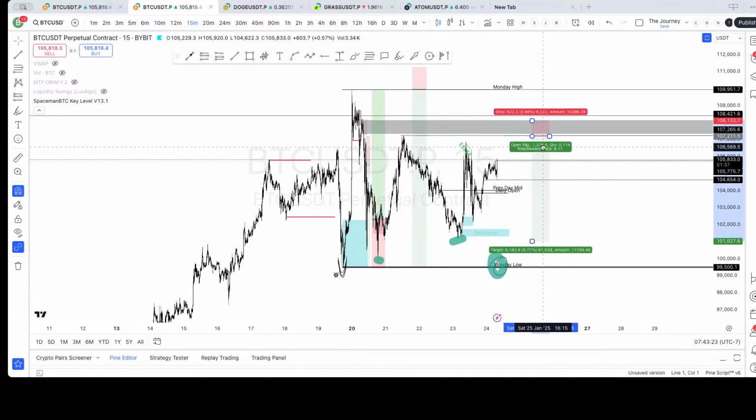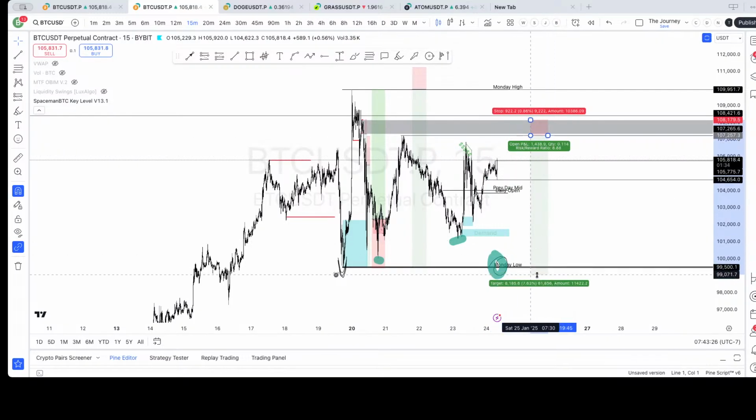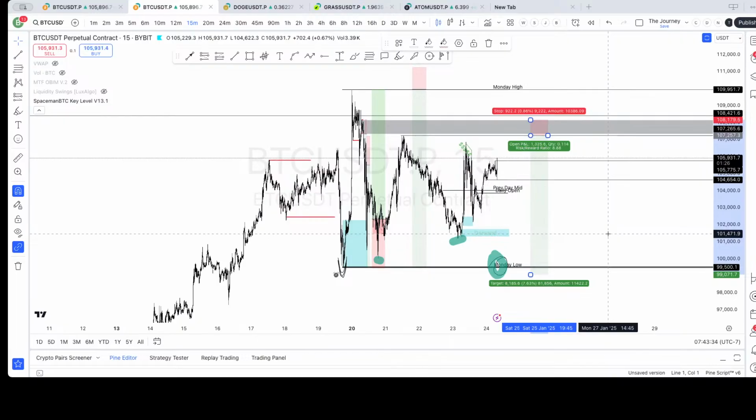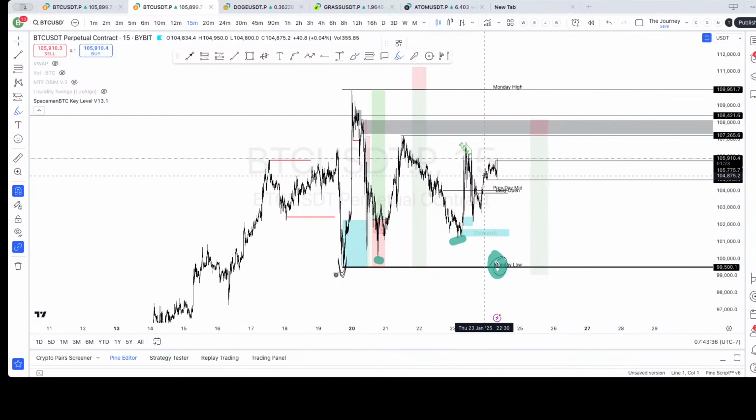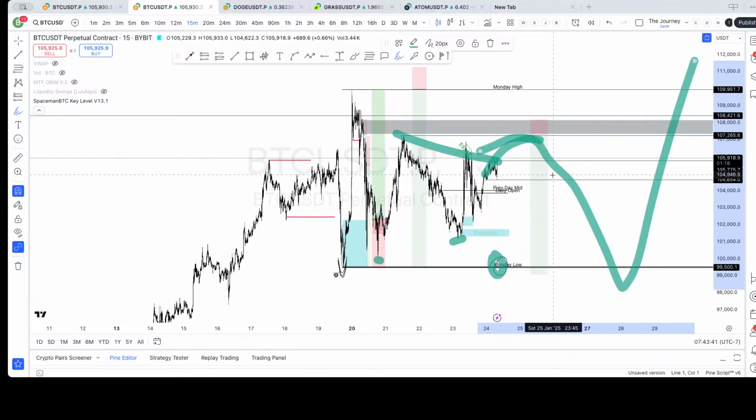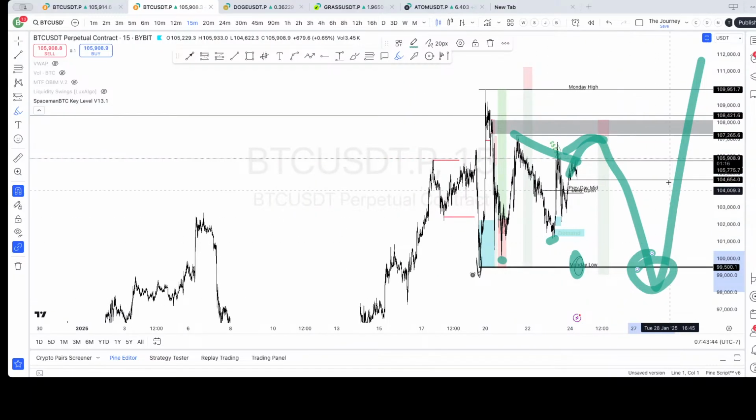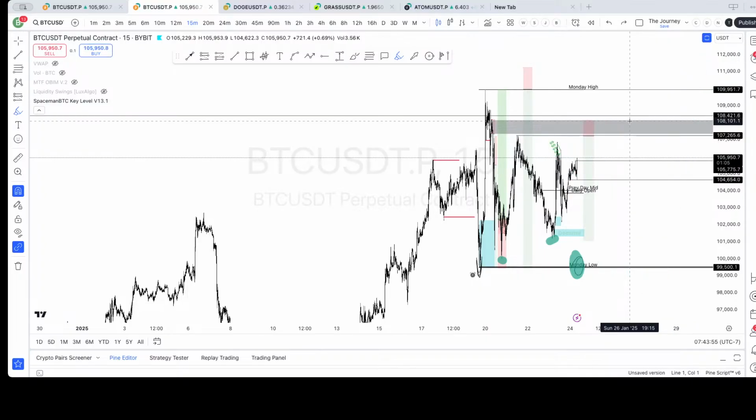I would actually prefer, for the overall health of the asset, for this trade to work and for it to take Monday's low out. No clue if it'll succeed, but that's definitely what I would prefer. I would much rather pull these highs, pull those lows, and then come up out of here. This would be such a more bullish presentation to take a run at something like that. Much more bullish. So that's kind of my main thoughts on the Bitcoin.